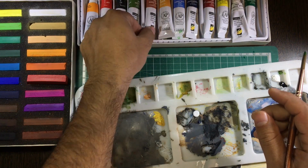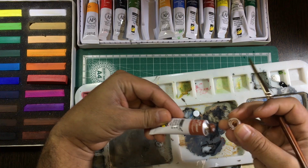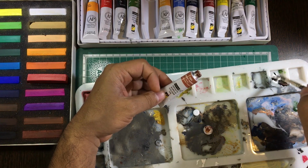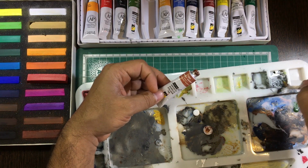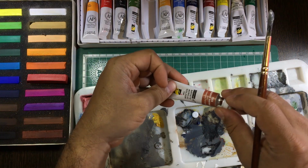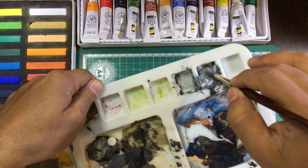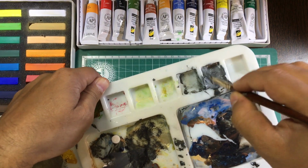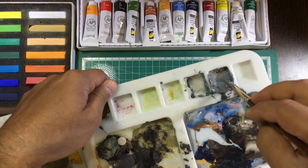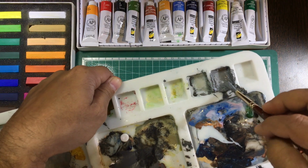I will also take some burnt sienna. This also not too much, just a little bit. I'll just mix all this. Let me close this one. See, here's the color. This is not too light, just a medium color. And I'll add a little bit of water to it, not too much,